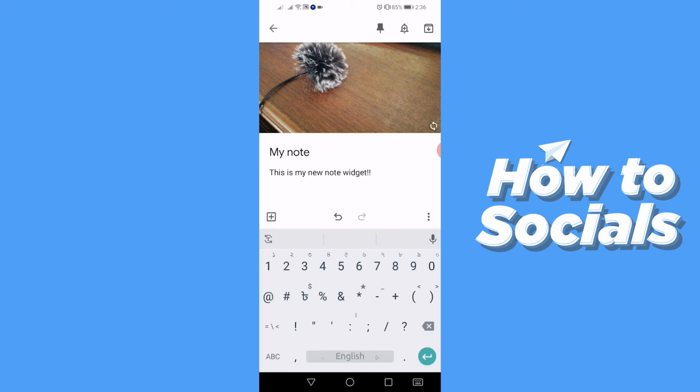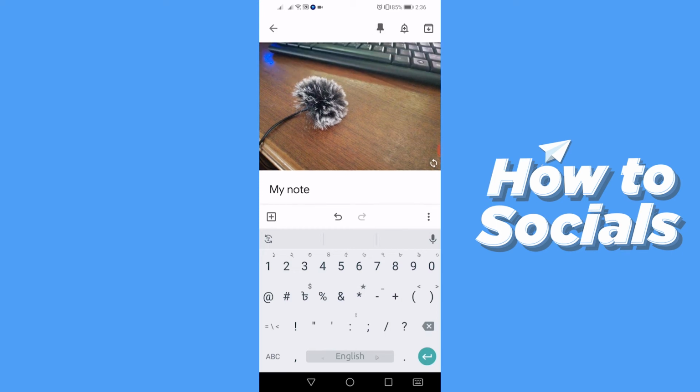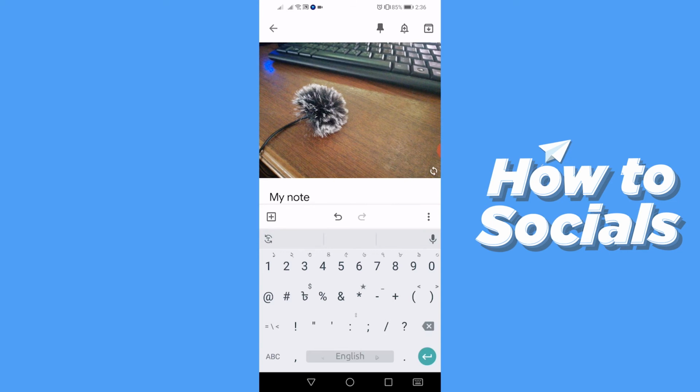At the top of the screen, you'll see a pin icon. Tap on that. At the top right corner, you'll see a download like button. That's your archive button. You can save the notes by tapping on archive button. I'll just tap archive